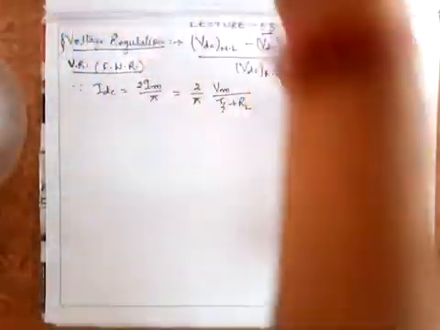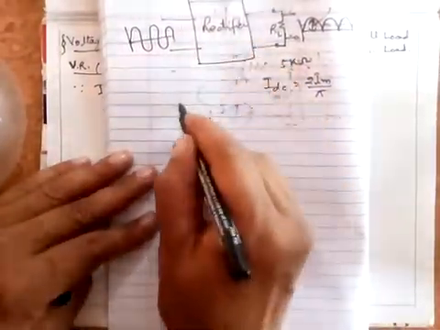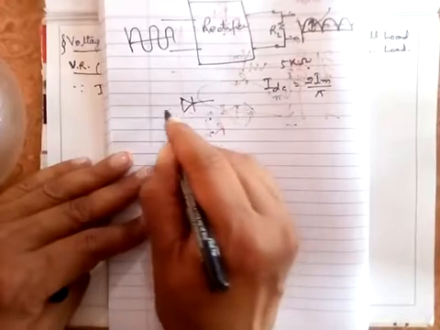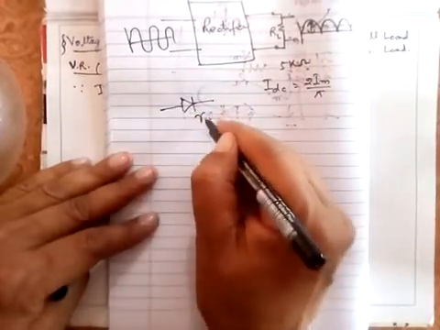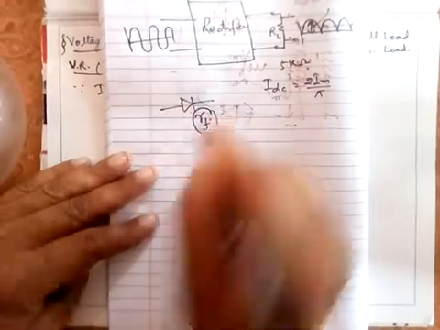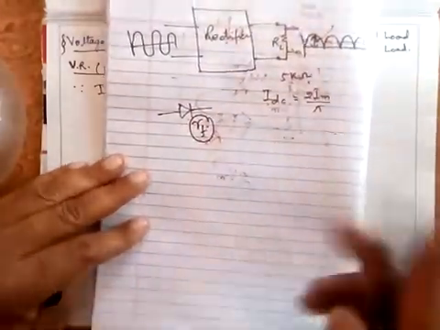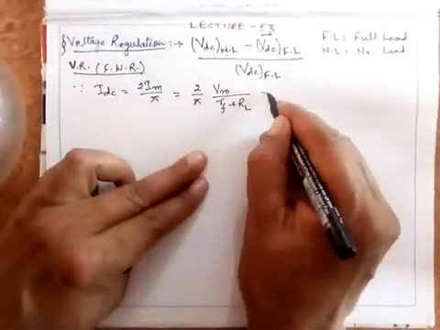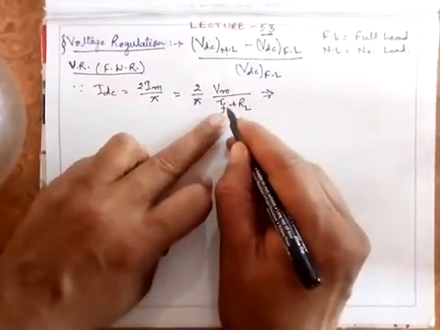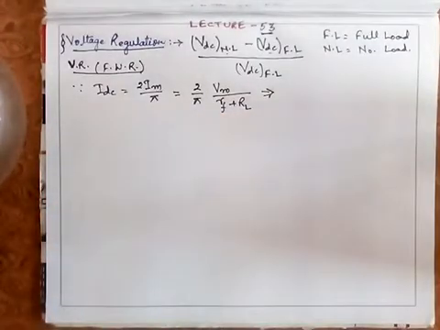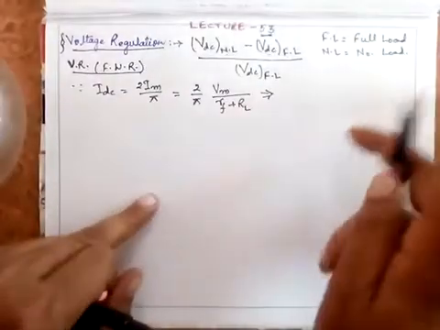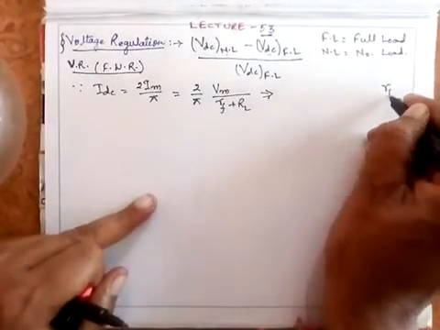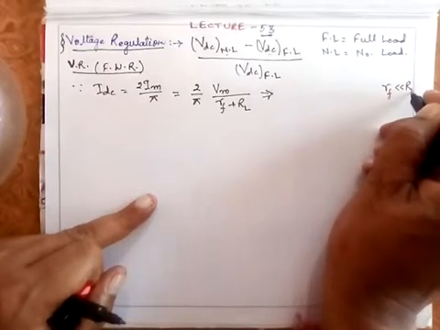This Rf is nothing but, suppose you use a diode, and of course every rectifier requires a diode. If the resistance offered by this diode is Rf and the load resistance is RL, we have done this many times: the maximum output current Im is equal to Vm upon Rf plus RL. Now, this Rf is far less than RL, ideally it is 0.